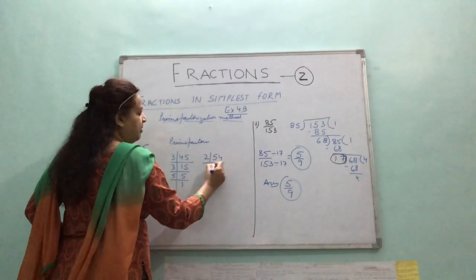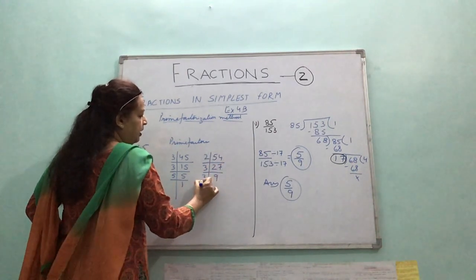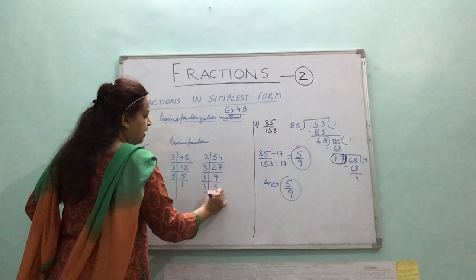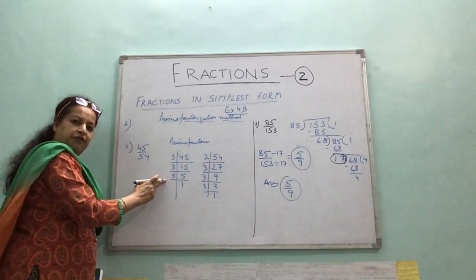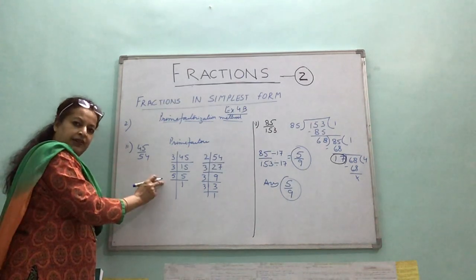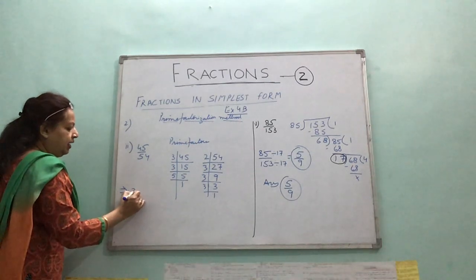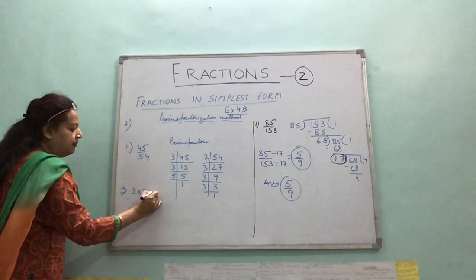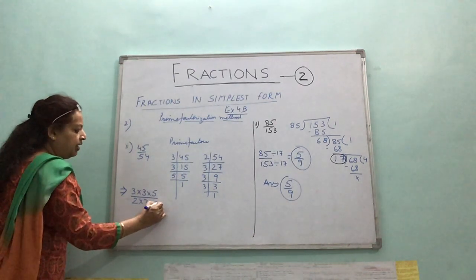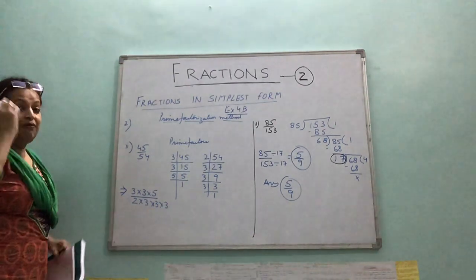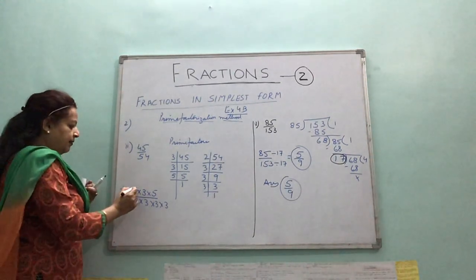Divide by the smallest prime number first, then by the next one, again by the next one. So these are the prime factors of 54, and these are the prime factors of 45. Prime numbers which are factors, so they are prime factors. So 45 can be written as 3 into 3 into 5, and 54 can be written as 2 into 3 into 3 into 3. So the ones which are common, just cancel out those common factors.